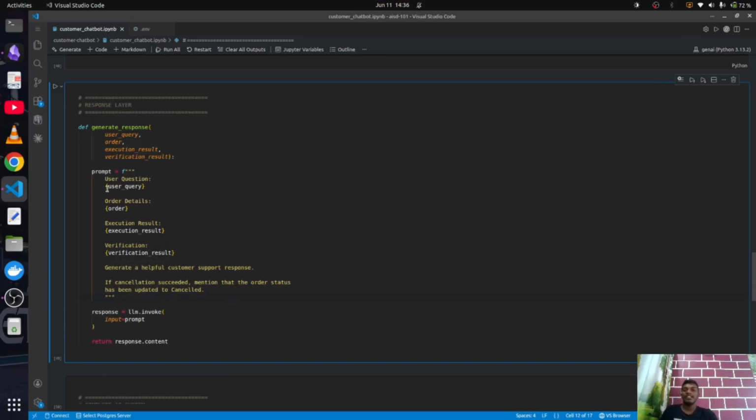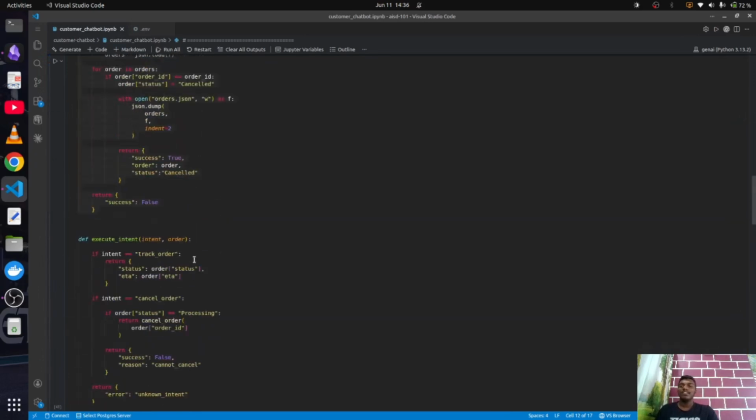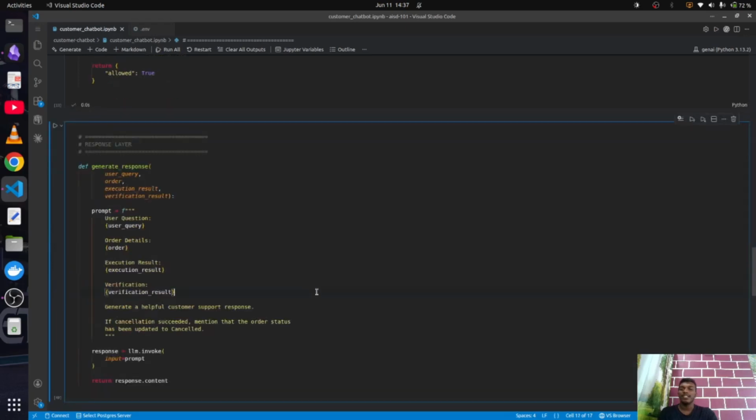Like I showed with the user query there, we are going to replace the user query, order details, and so on. All these curly braces will be replaced by the exact values which we are going to pass here. And then you again call llm.invoke, which sends the input to the AI, and then you get the response. response.content is important here, because llm.invoke directly doesn't give us the whole answer, so you just have to do dot content to get the answer. So yeah, this is about the 5 layers. Maybe we can execute all of them so that we can see in real time how they look.